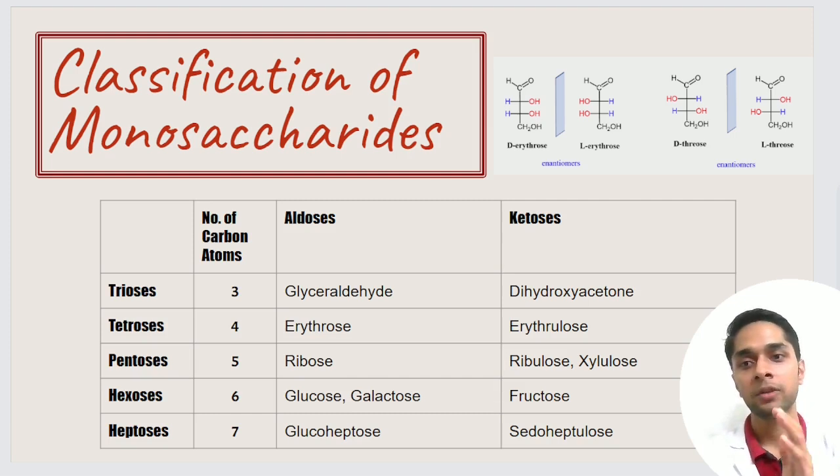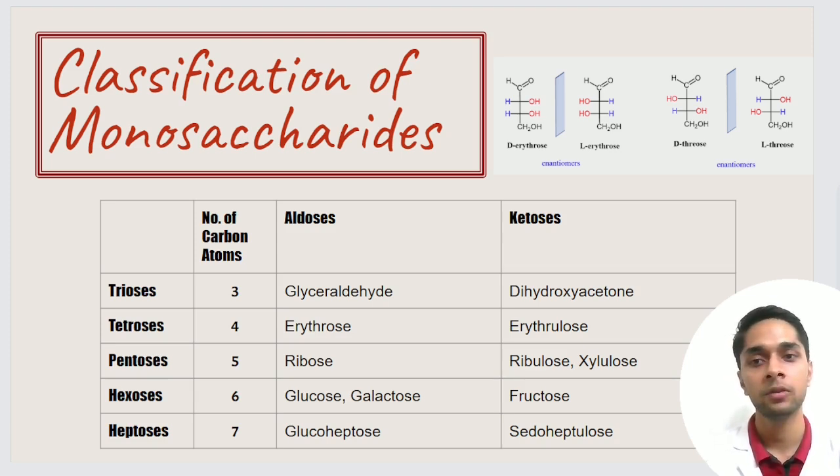So for an aldotriose sugar, for example, we have glyceraldehyde at that position. So glyceraldehyde is an aldose sugar which has 3 carbon atoms. Therefore, it can be called an aldotriose sugar. Similarly, fructose, which is a common example given in carbohydrates, is a ketohexose sugar because it contains a ketone group and